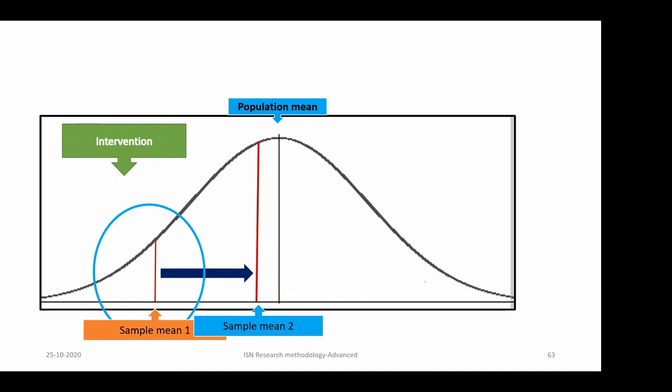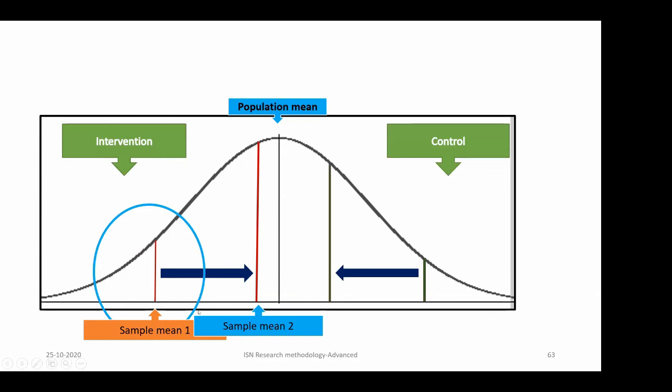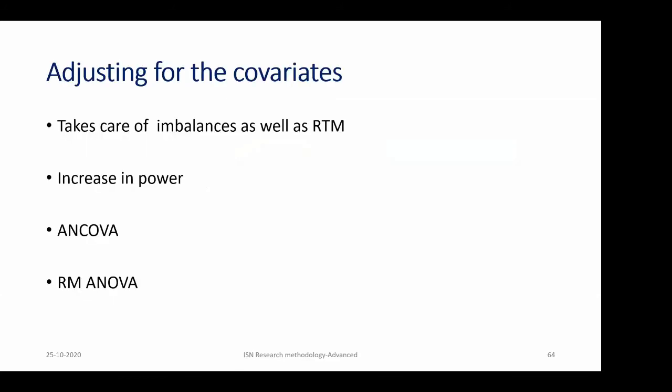Now, the extreme worst case scenario: I selected my controls somehow, they got selected from this arm, and again when I repeat the second sample, second value, this is going closer towards the mean. This will give you an impression that the control values are reducing. So this can happen at a population level. So regression to the mean will not be taken care of if you take the change scores.